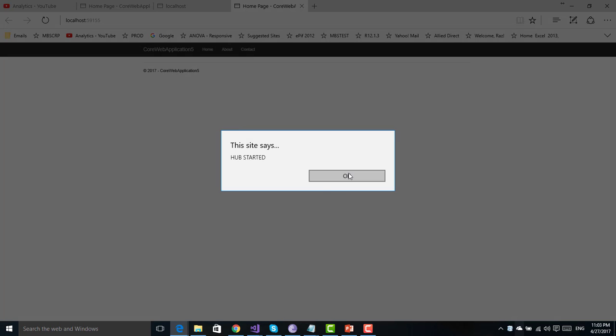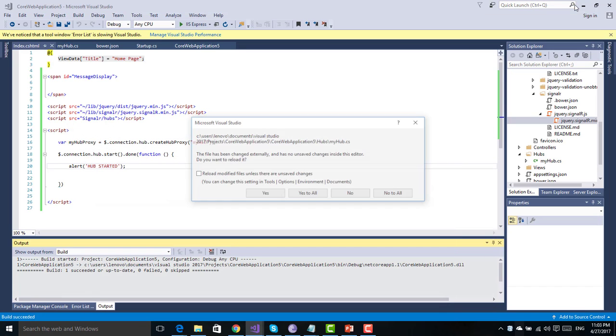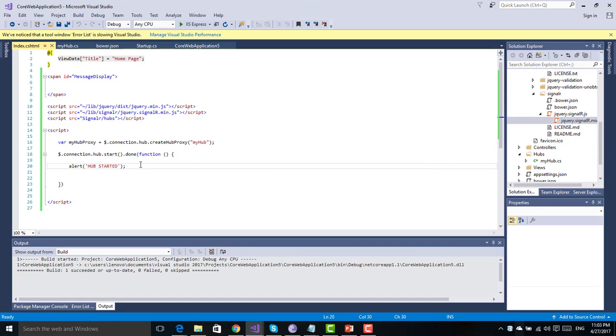Have started. Okay, so it means that till now things are working fine. Let's proceed onward. I'll simply remove that,